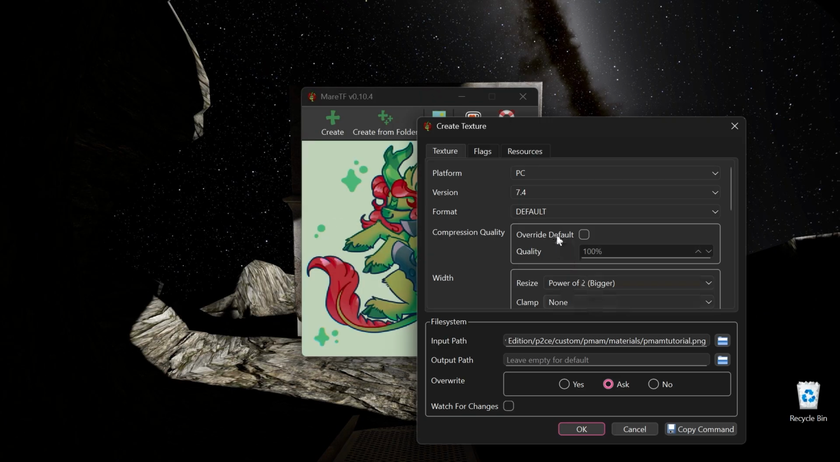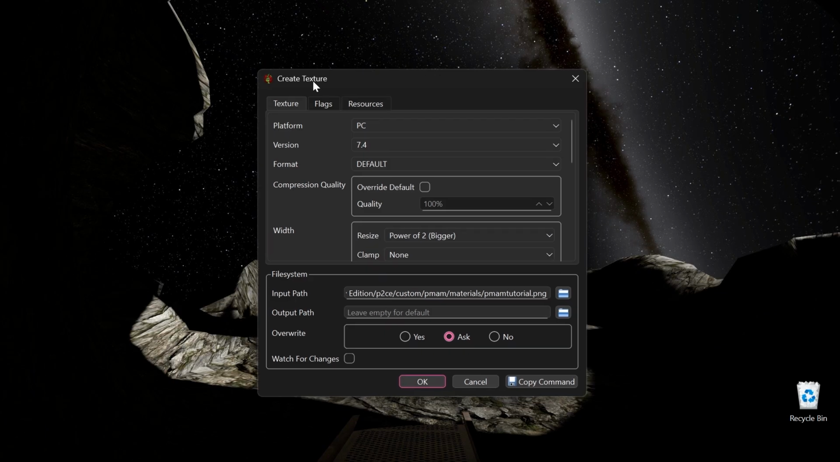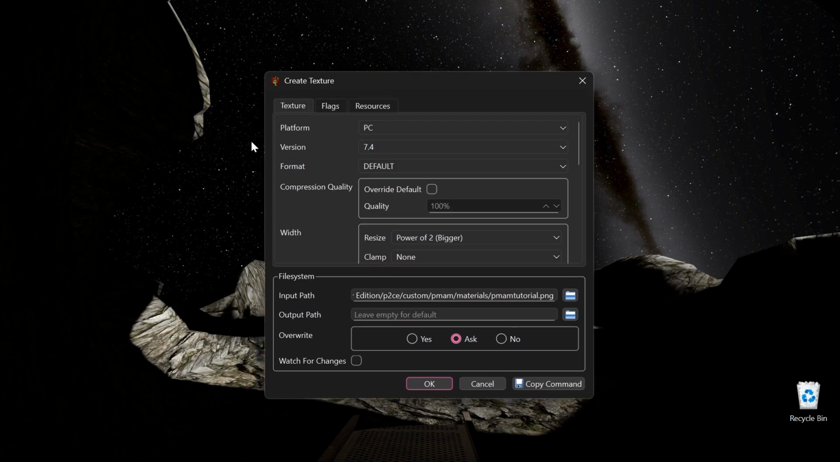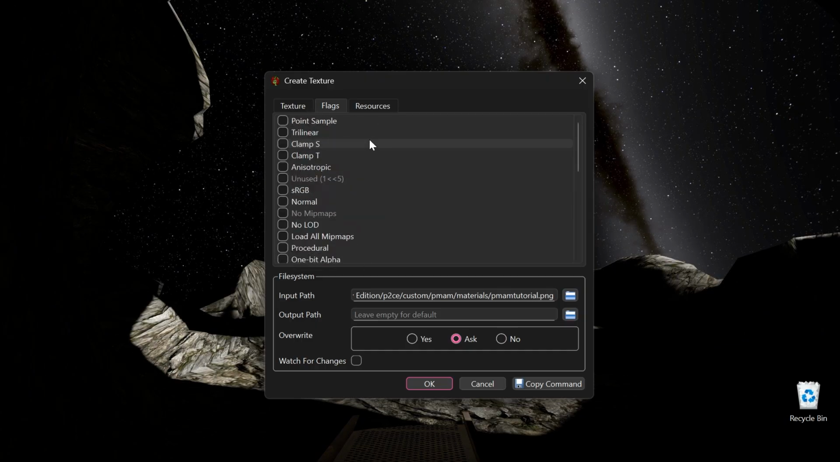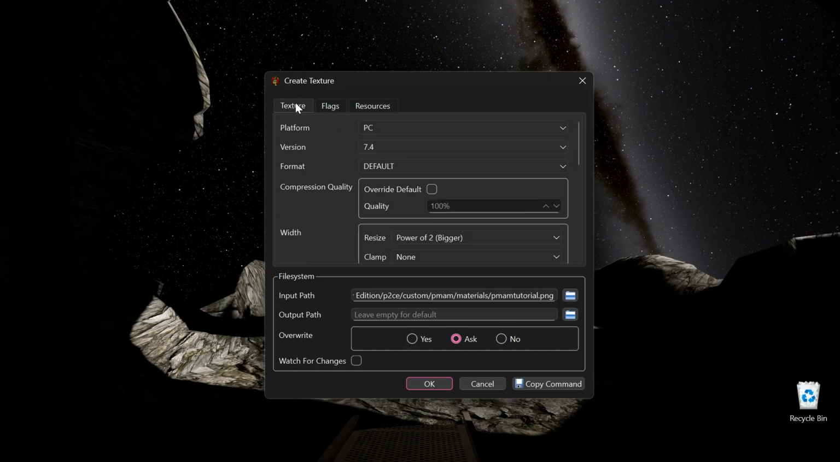So, what are VTFs? VTFs are a format used by Valve for the Source engine. They basically are used to store images that the game can then read through the VMT files, which tell it what to do with the VTF files. VTFs are the actual information of the texture, and the VMTs are like how the engine actually uses that texture